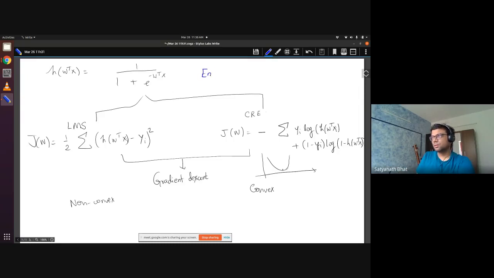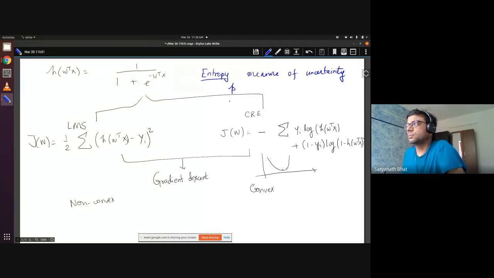Entropy is a measure of uncertainty. So what that means is, suppose you want to find the entropy of some distribution P. Let's say it's a Bernoulli distribution which takes P with probability 1 and 1 minus P with probability 0. This is something called information theory. You would like to find out how many bits it takes to encode this.